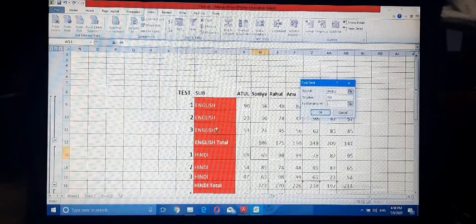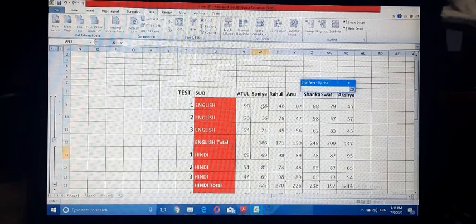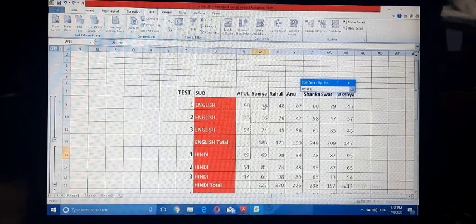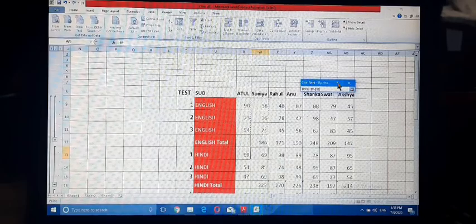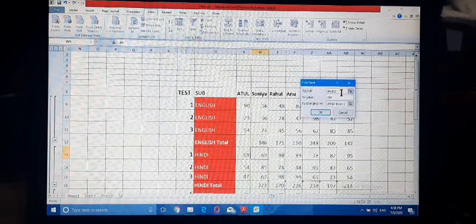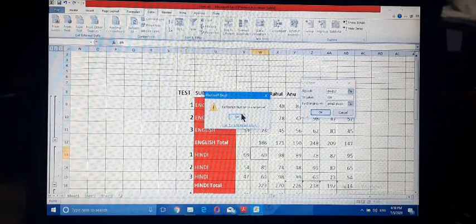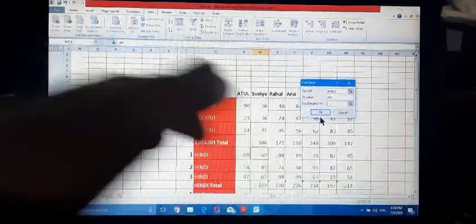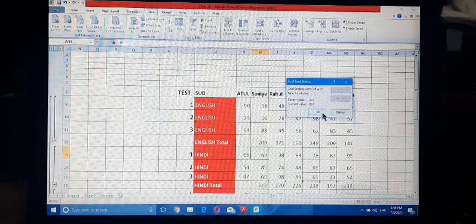By changing cell, you need to enter a single cell, not a range of cells, then click on the OK button.